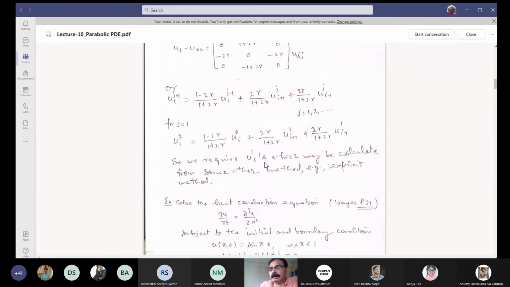So here you will use any one of those earlier methods, maybe the explicit method, maybe your Laasonen method or any method, right? Since only one variable is required, basically we may go for the explicit method because it is easy to calculate u(i,1). Other methods are implicit methods, either the Laasonen method or the Crank-Nicolson method. Only one set of values for i is required. So you have to calculate u(i,1), and then this Dufort-Frankel method can work, right?